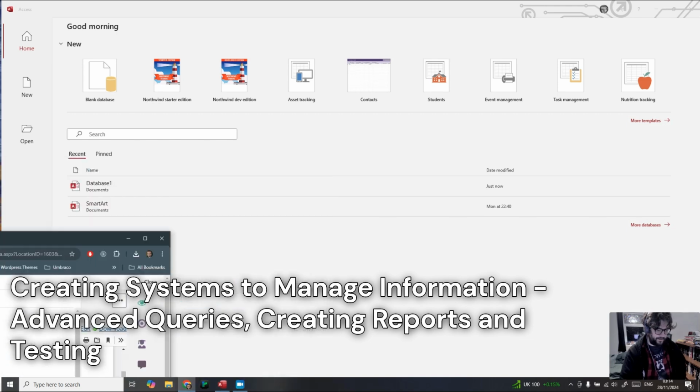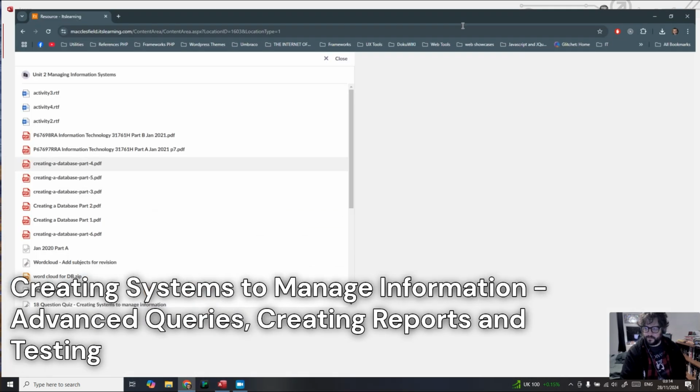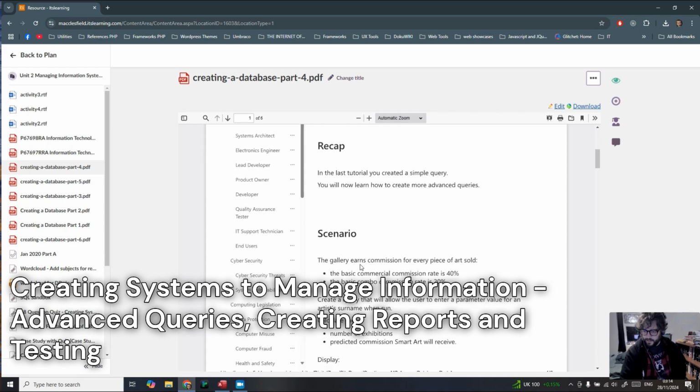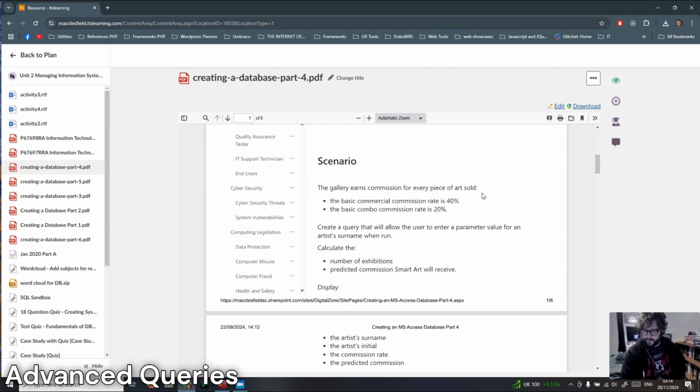So our scenario is this. The gallery earns commission for every piece of art sold. Remember correctly, we've got that. The art gallery we're running. So the basic commercial commission rate is 40%, and the basic combo commission rate, we've got the two types, is